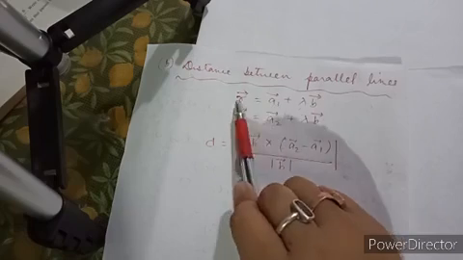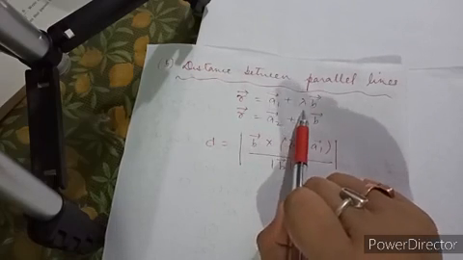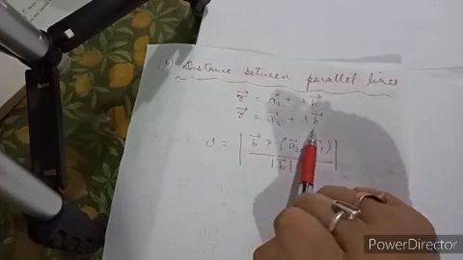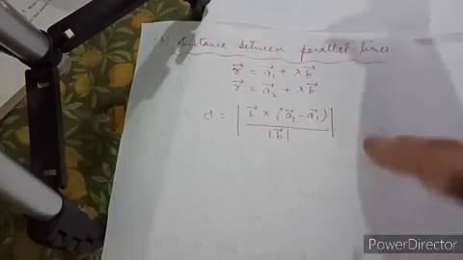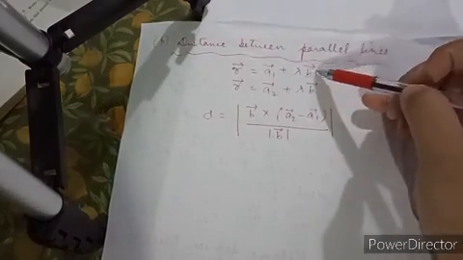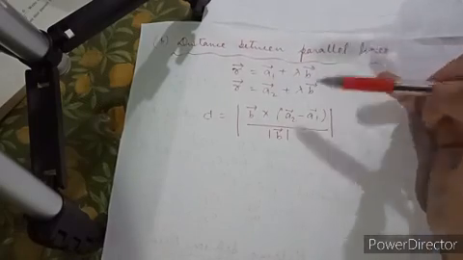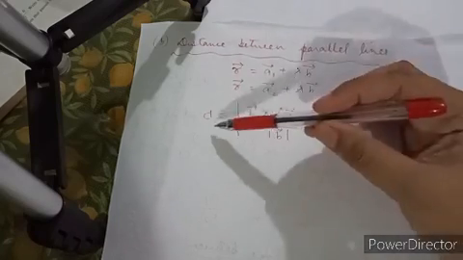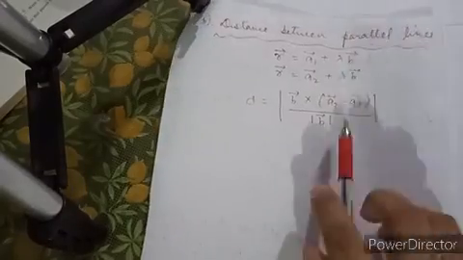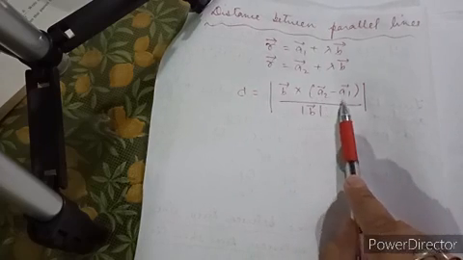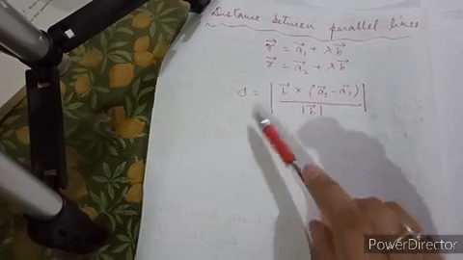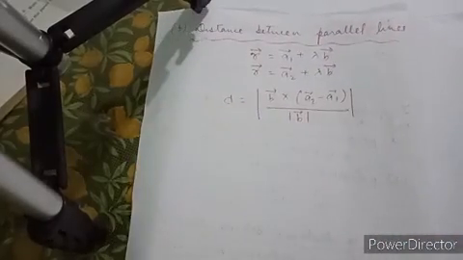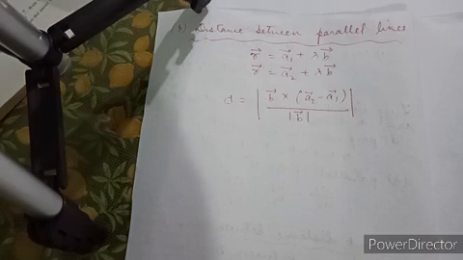Next, if the two lines are parallel, how will you find the distance? Again, if you see the equation written in vector form, that is r vector a1 plus lambda b and r vector a2 plus lambda b. In skew lines, b1 and b2 were different, but if your b value is the same, you can conclude that the lines given in vector form are parallel. Then you follow this formula: modulus of b cross a2 minus a1, whole divided by the modulus of b vector. Again, the whole answer is written in modulus. So these are the important formulas for the equations of lines in space.